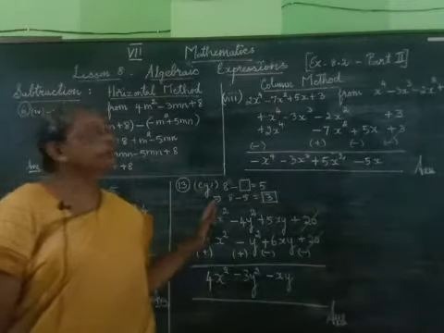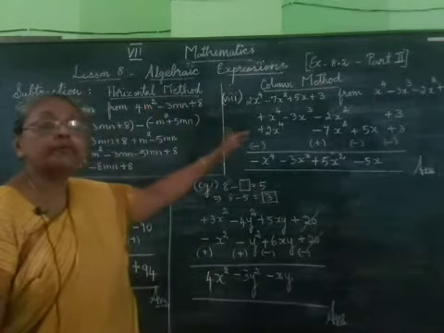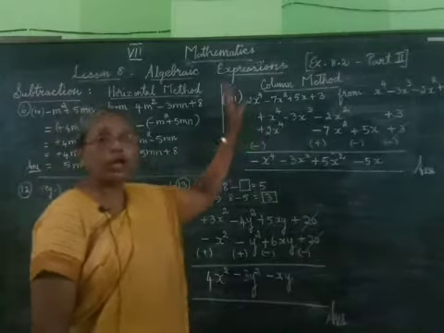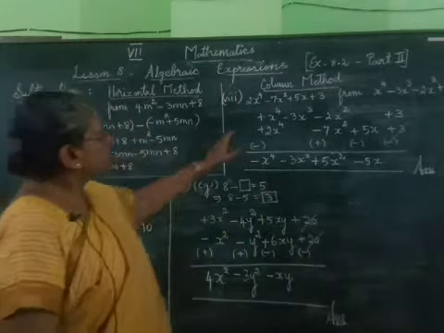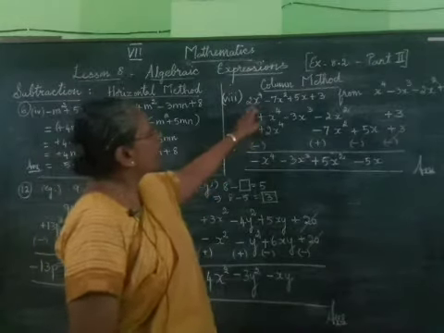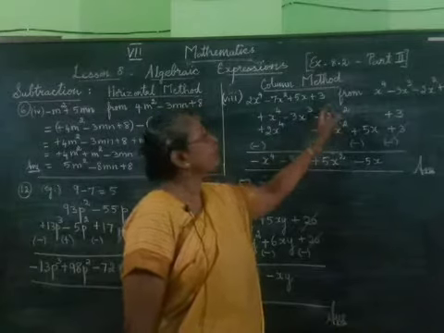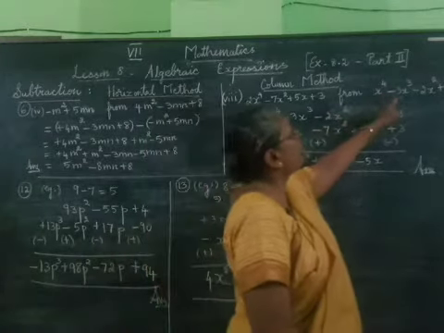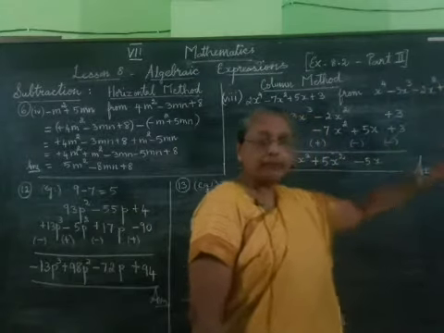The next one we will see the 8th subdivision of the same 6th sum. This we will do in the column method. I have done that sum in the column method. The question is subtract 2x power 4 minus 7x squared plus 5x plus 3 from x power 4 minus 3x cube minus 2x squared plus 3.